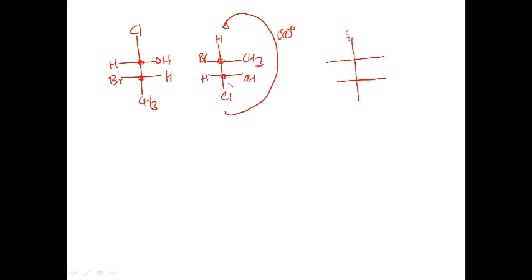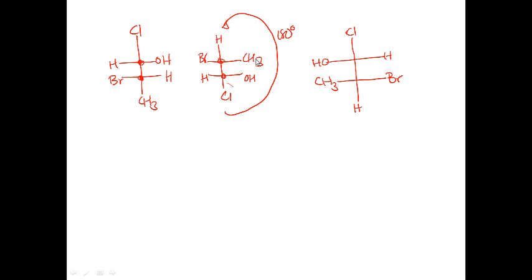Well, my Cl is going to come up here. My OH was on the right-hand side, and now my OH is going to be on the left. My H is going to be on the right-hand side. For the top carbon, it now becomes the bottom carbon, so the H is there. My CH3 that was on the right side goes to the left side, and the Br that was on the left side goes to the right side. Okay, so now I've rotated these molecules so that the top carbons now match up